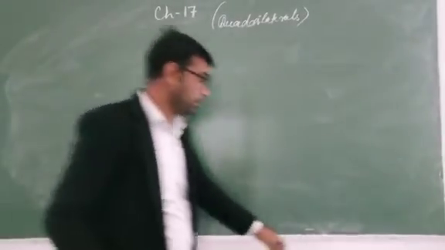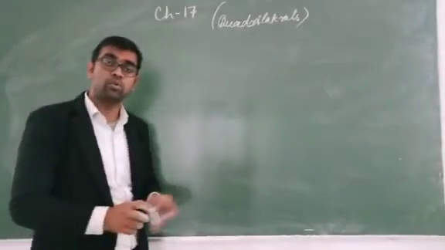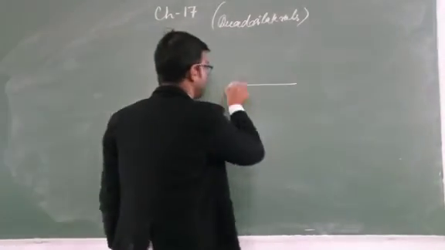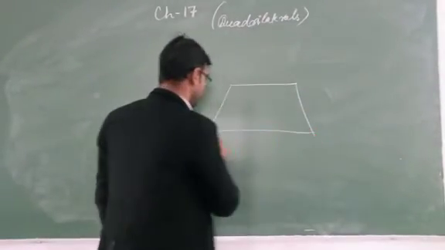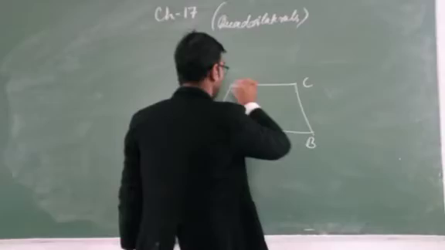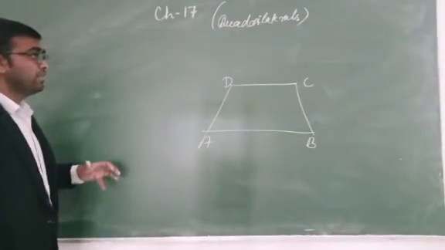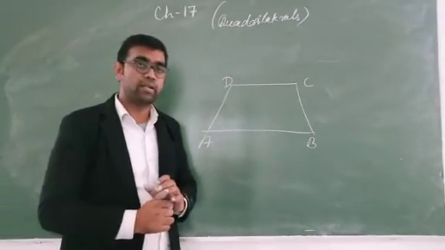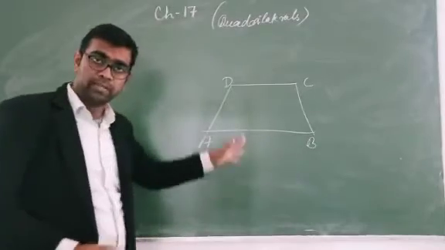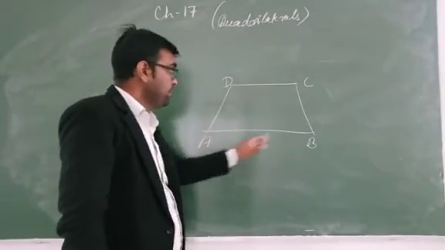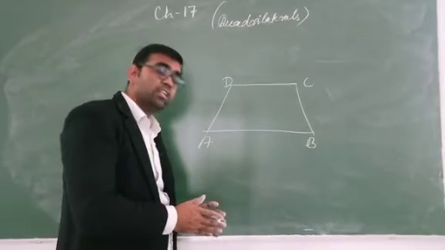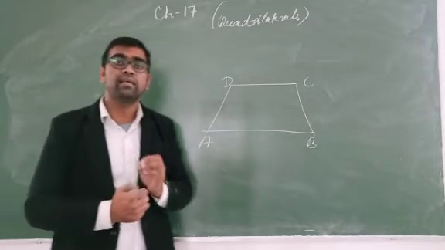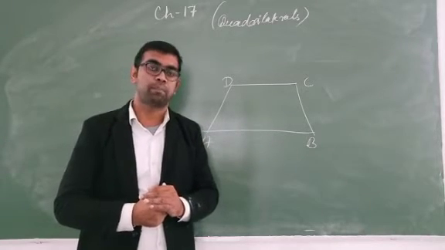So here, looking at this board, this board is a plane, and in this plane, this ABCD is a quadrilateral. So what is the interior and exterior of a quadrilateral? I am explaining it. On this plane ABCD is a quadrilateral. So what is the interior part? The part of the plane which lies inside the quadrilateral is said to be the interior part of the quadrilateral.